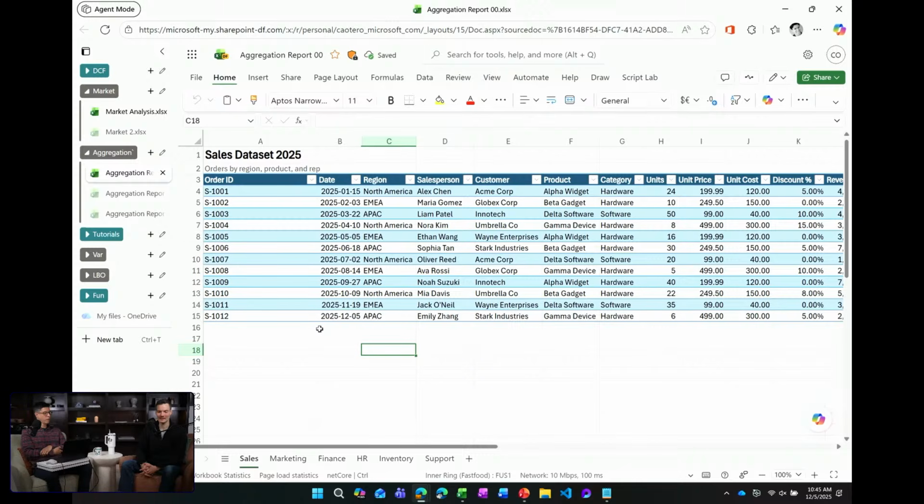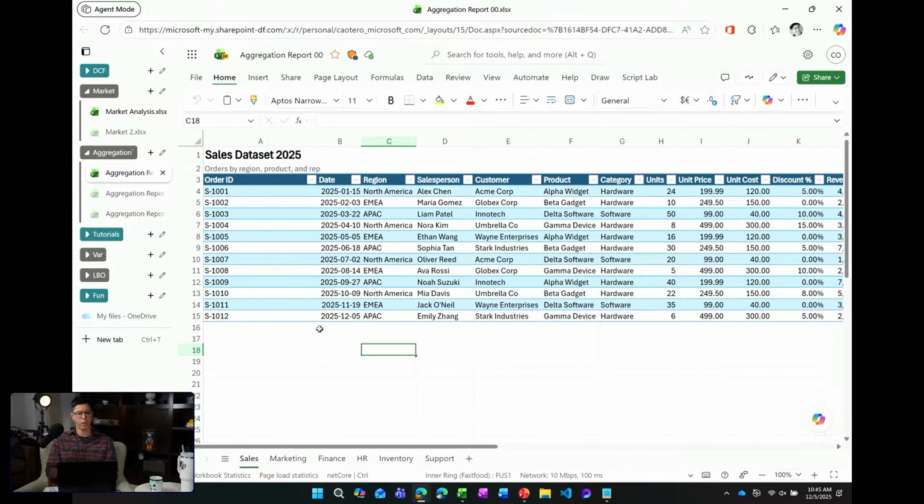Totally. That's incredible. So here, let's shift gears a little bit. The examples I've shown so far are ones where we start from scratch, which is valid. A lot of people create new workbooks every day and have to do new analysis and build new models. But obviously there are a lot of cases where you start with data already in your workbook. So here's one scenario where that's the case.